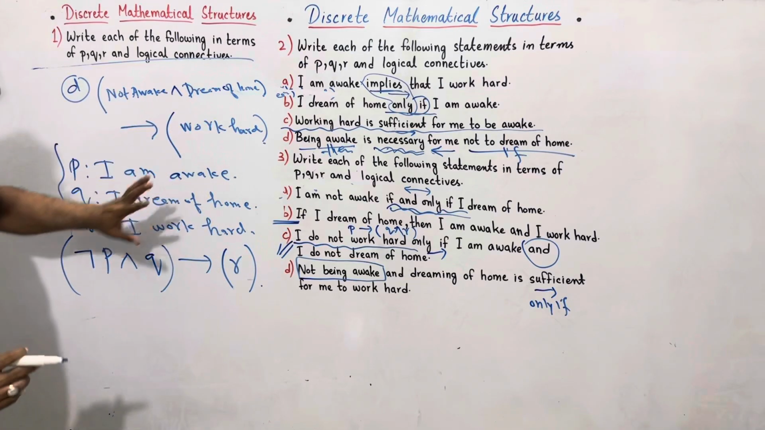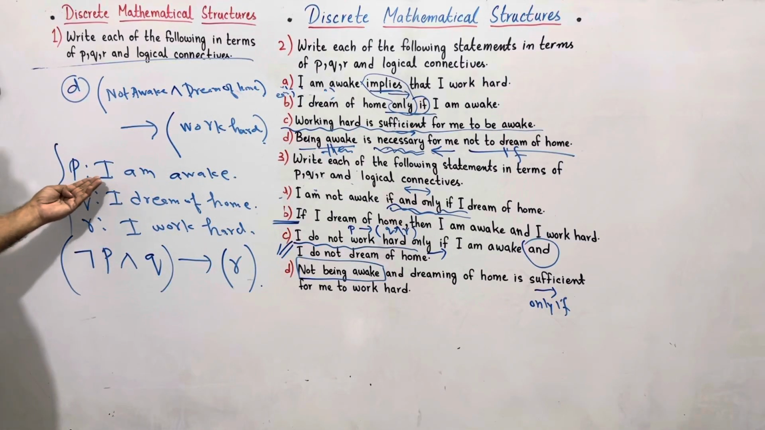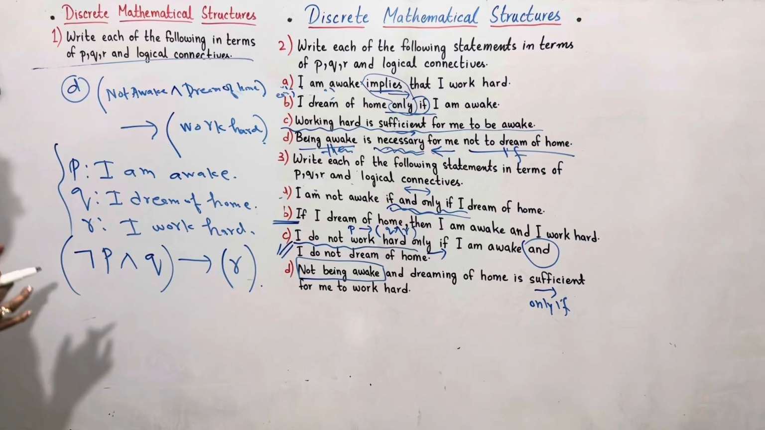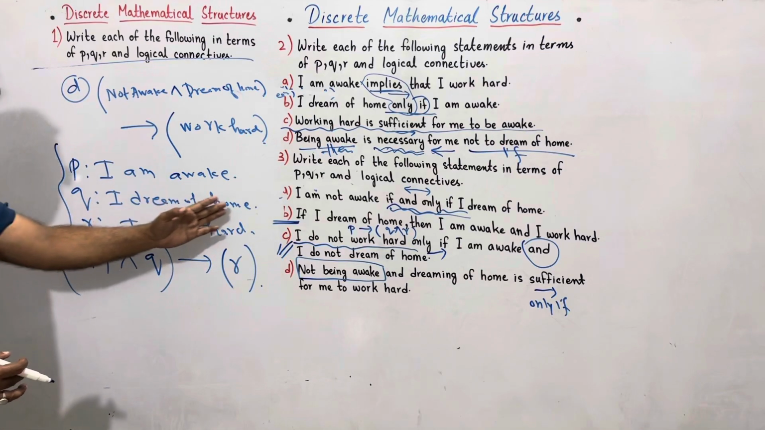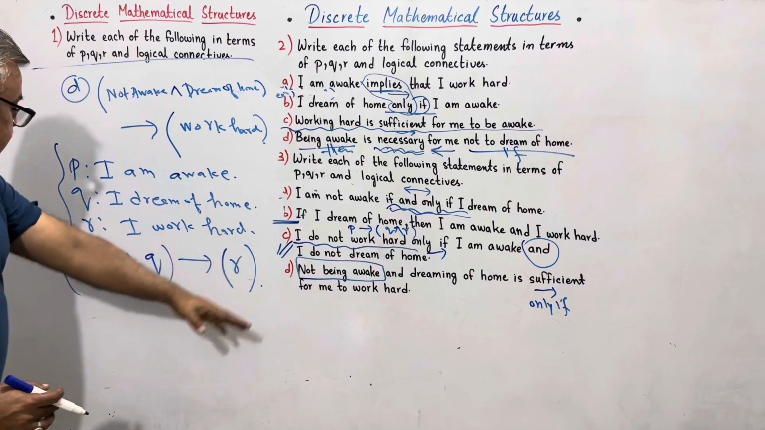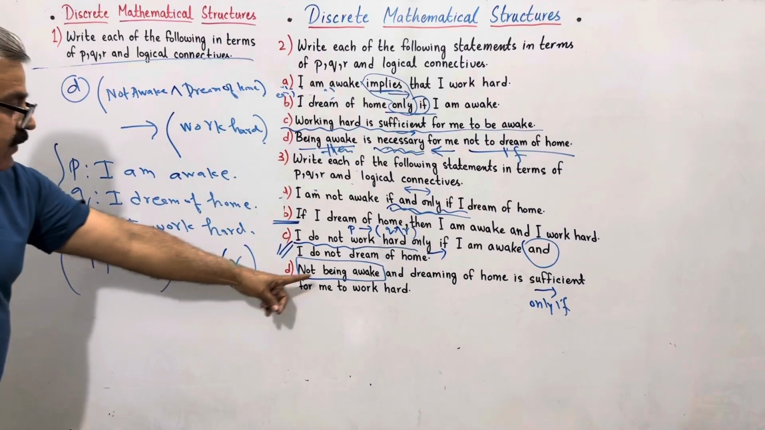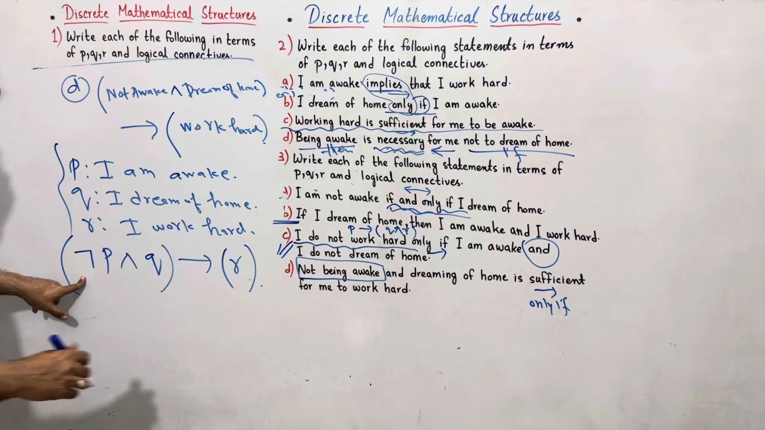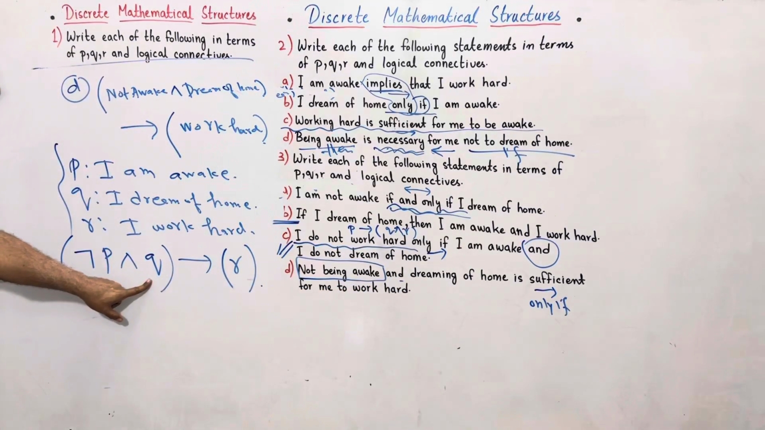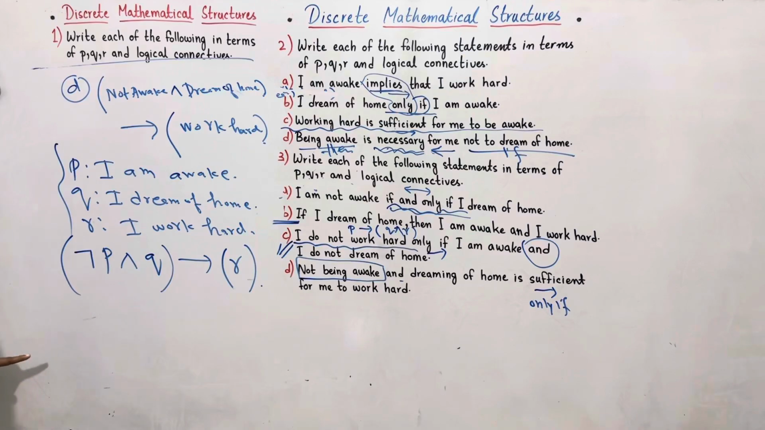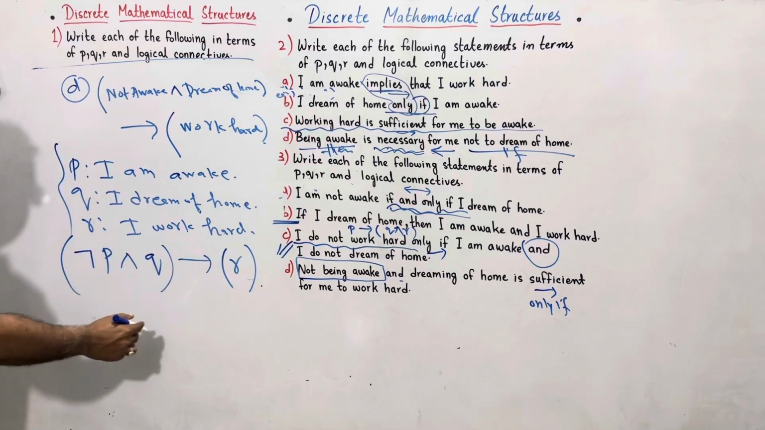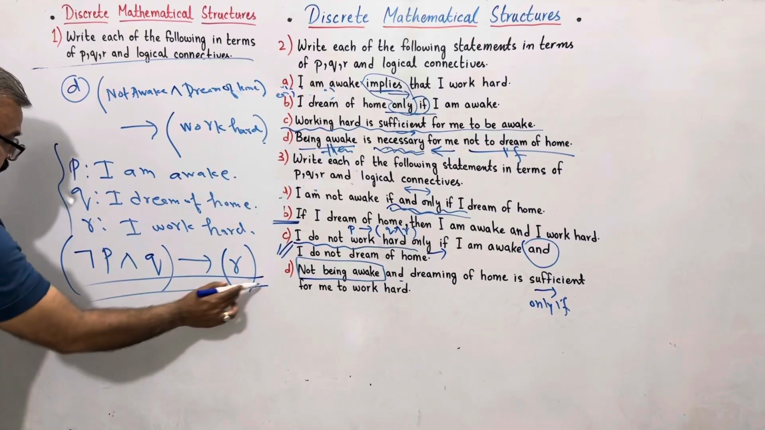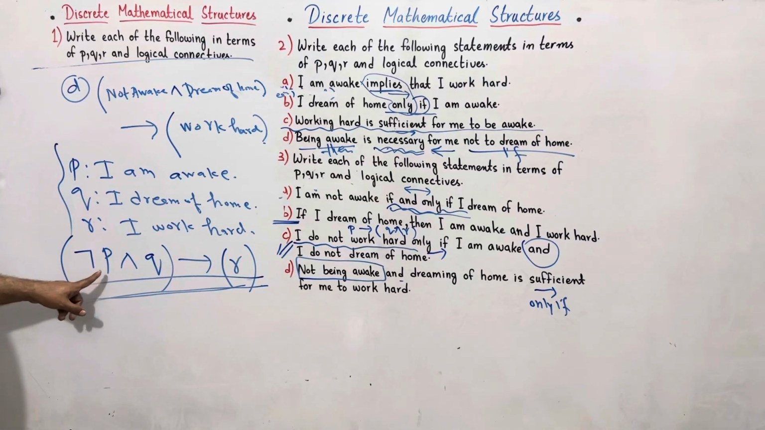I have written keywords. Next, suppose our P is I am awake. I am taking the basic proposition positive. Q, I dream of home. R, I work hard. How to connect it? Not being awake, negation of P, and dreaming of home, Q. Sufficient means implies. Work hard means R. Negation of P and Q